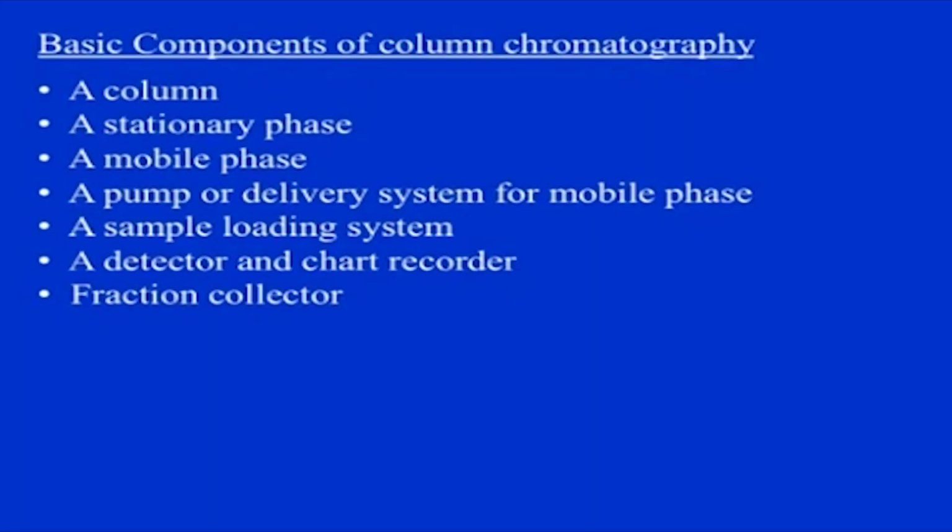Different types of detectors are used, as we will see, and the chart recorder gives the readout. Samples could be collected in a fraction collector if you want to purify or analyze them afterwards. In a fraction collector different peaks can be collected and then used for further